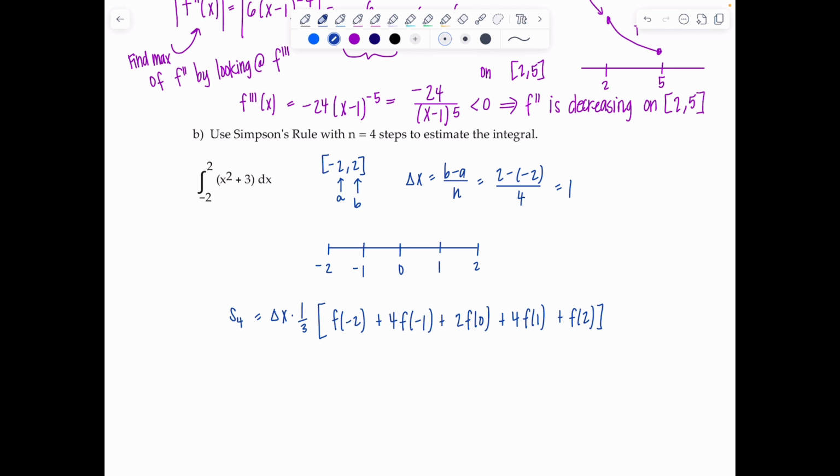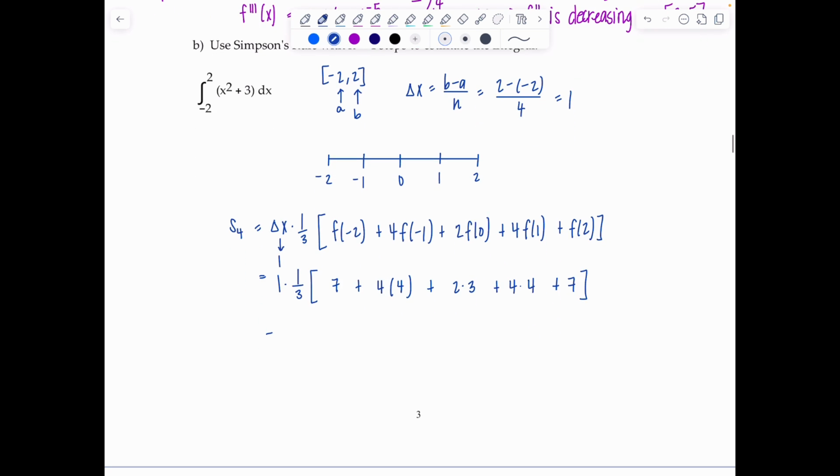Good? Okay, well, delta x is just 1 times 1/3. f of negative 2 is 7. 4 times f of negative 1 is 4. Plus 2 times f of 0 is 3. And then these values repeat, right? Plus 7. And then from here, you'll get 1/3